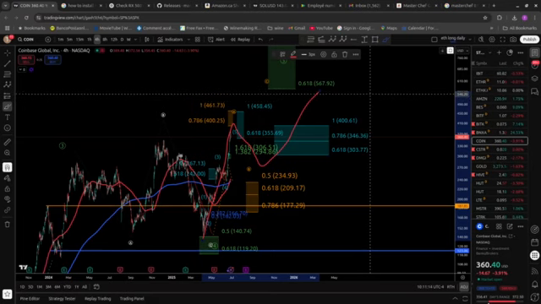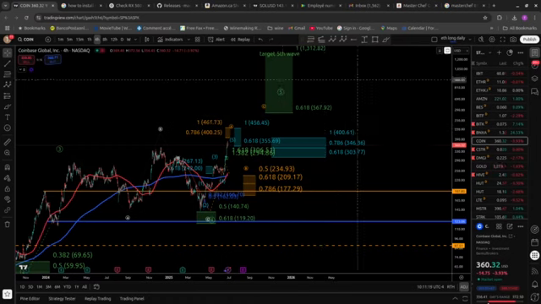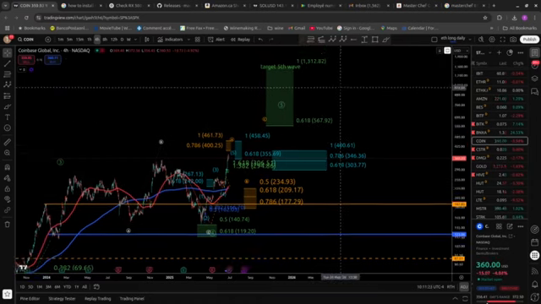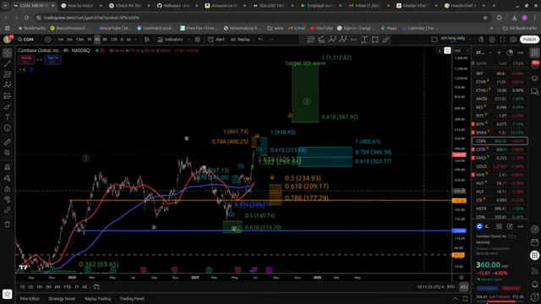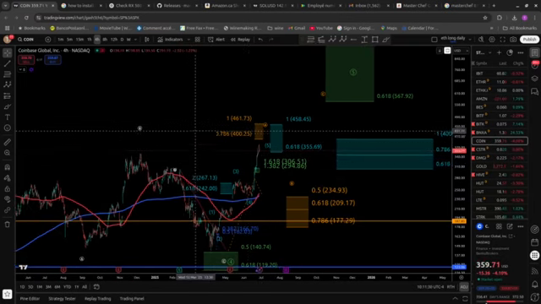And the targets for this fifth wave, anywhere between 567 and, yeah, I know this is a lot, $1,300, but that's far away. So let's zoom in a little bit.